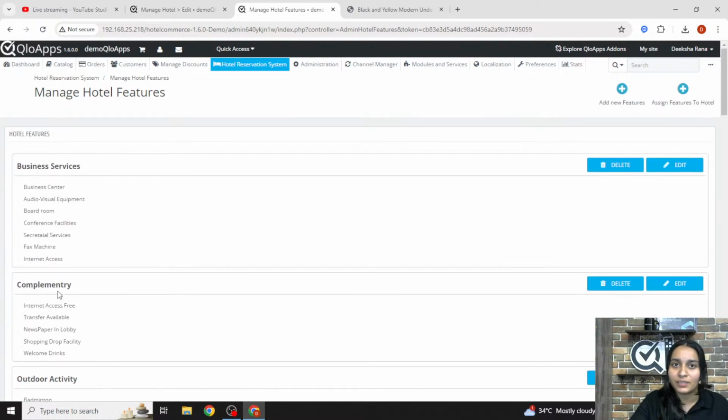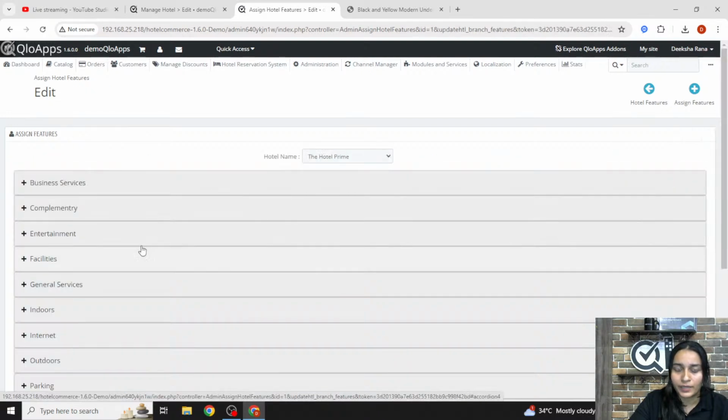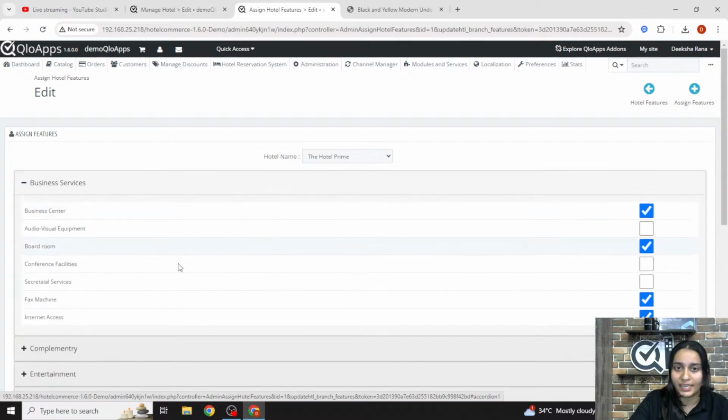to assign these amenities in the properties that we have created. So to assign the amenities to the property, we have to use the Assign Features to Hotel option in the right corner. So you have to click on this particular option, and once you click, as you can see, the property on which we have already added and assigned the hotel amenities are already displayed here. You can simply click on the Edit button to edit the features which we have already assigned for this particular